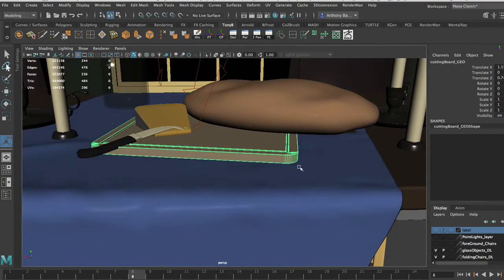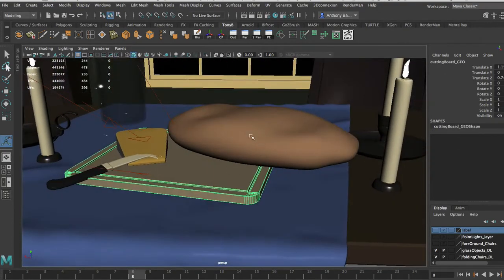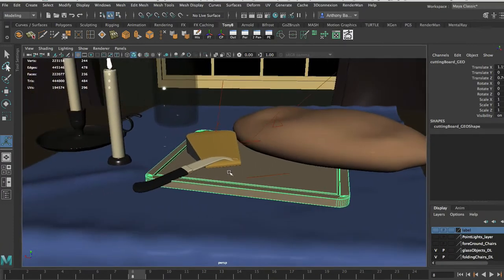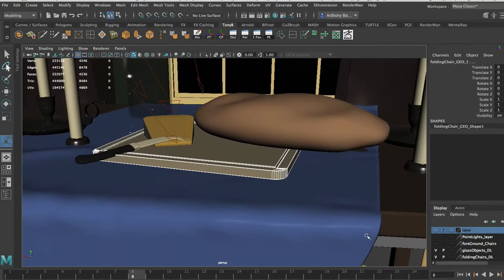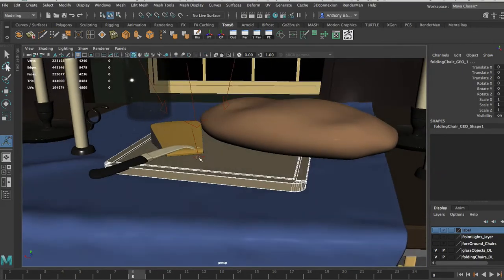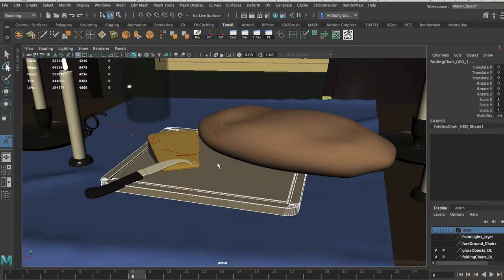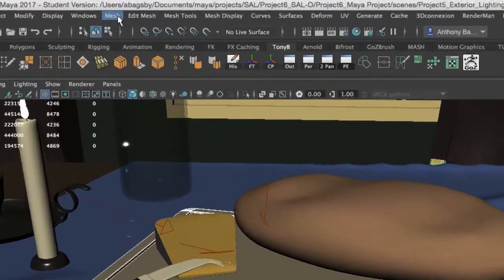We're only going to export the cutting board, but if you want to export multiple assets, just select, shift select more. I actually kind of like the tablecloth, the bread, the knife, the cutting board, and the cheese. Those are all fun to bring into Substance, but focus on one. If you can get one working good, maybe do two. In order to export these models,